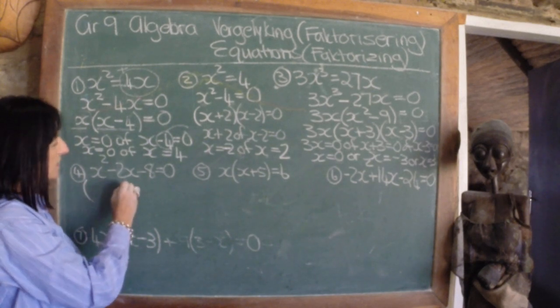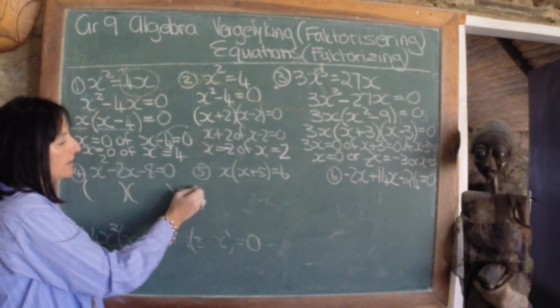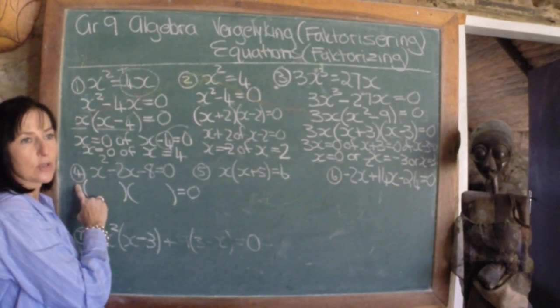Ons kan faktoriseer. Kan nie 'n GGF uithaal nie, can't take out a common factor, it's not the difference between